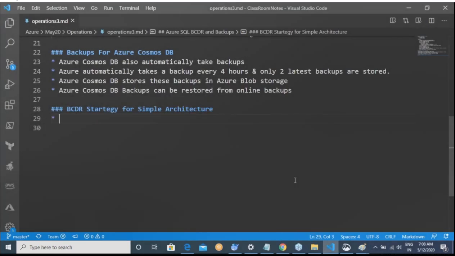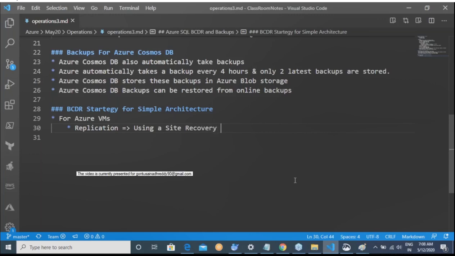So for Azure virtual machines, replication using a site recovery vault in the target region.